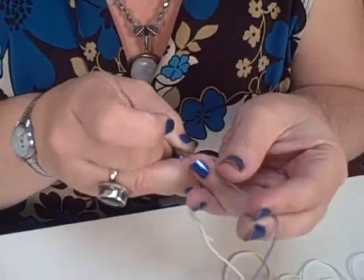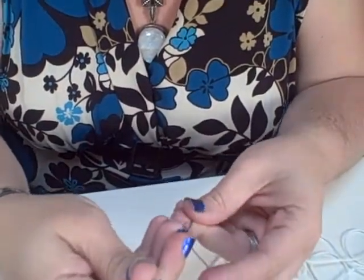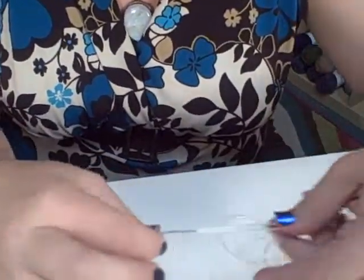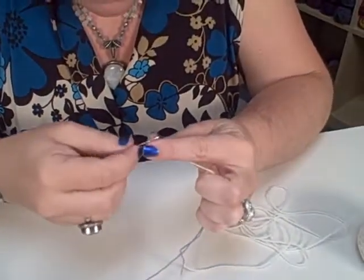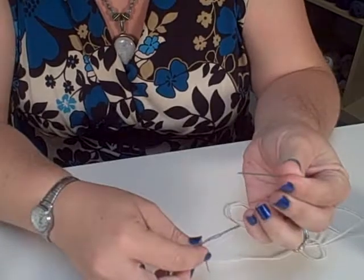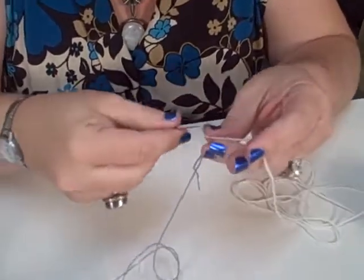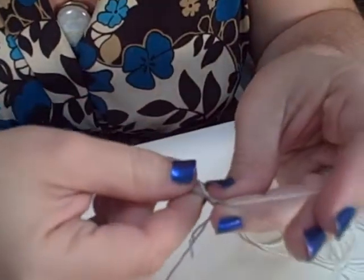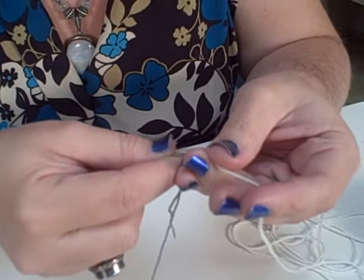Just go in and out, little stitches, and pull that end through. And then do the same on the other side. Ideally, you would go a little bit farther than that, but for demonstration purposes, it's just a little short piece here. So again, on the other side, you just want to go through, in and out, between the plies, or